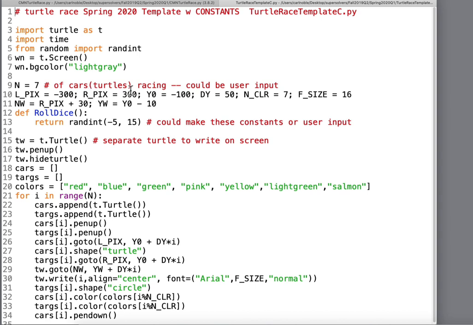And here's right side, which is 300 minus 300, 300. And y0 is the starting value for y. That's the minus 100. And the change in y, dy, is 50. And then n color, CLR, I could spell out colors, I'm just too lazy. And that's 7. And the font size is 16. And then I set that,